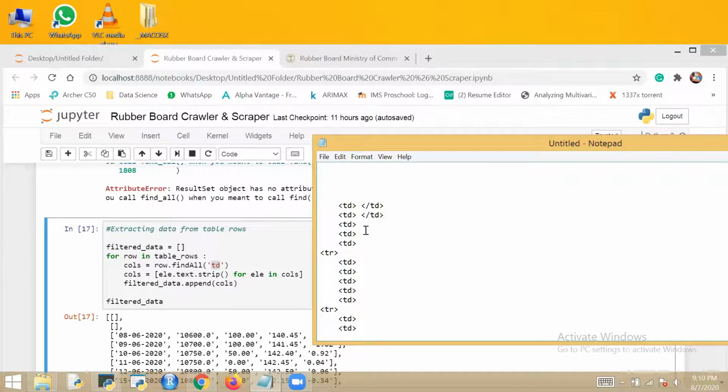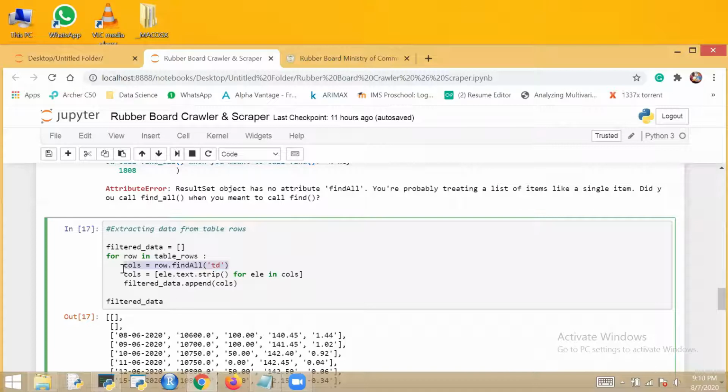Table data, in between text is there, which we are interested to extract. In between this all text are there. Okay, it found all the table rows.